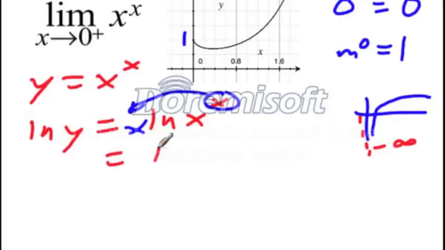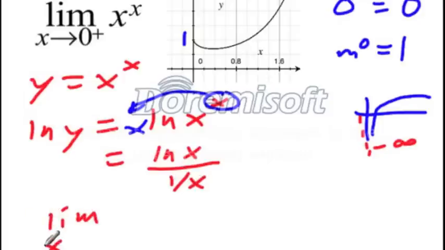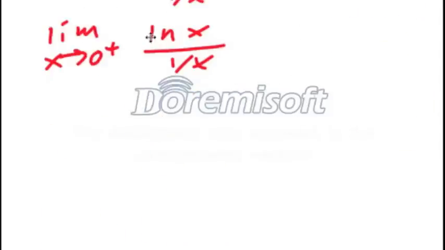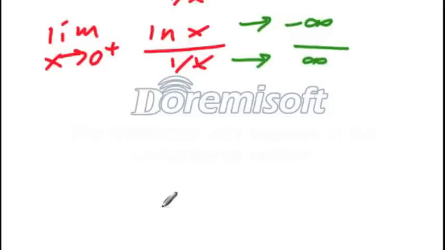So what we're going to have to do is rewrite. And a way we can rewrite this is the natural log of x divided by 1 over x. Kind of a goofy form, but now we're going to take the limit as x approaches 0 from the positive side of the natural log of x divided by 1 over x. Now, in that particular limit, as x is getting really small, that numerator piece is going to negative infinity. The denominator, as x goes to 0, 1 over x is getting really big and just on the positive side. So we have this indeterminate form of negative infinity over infinity. So we're allowed to use L'Hopital's rule